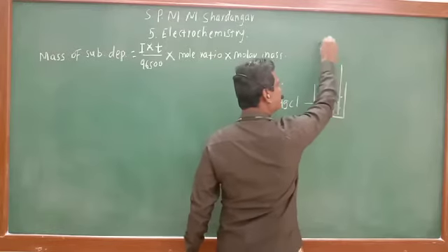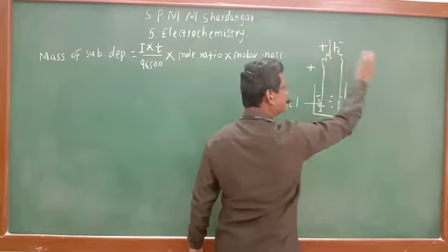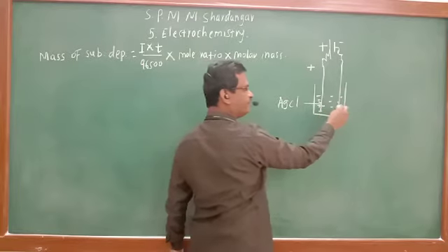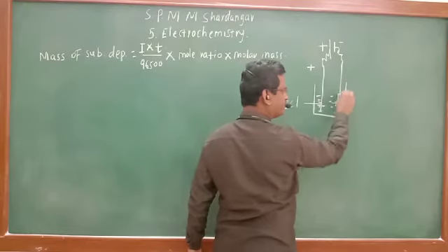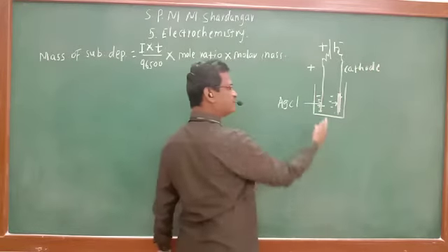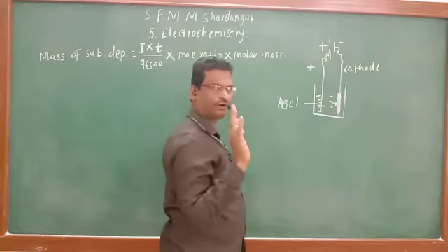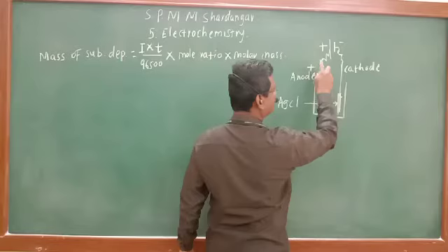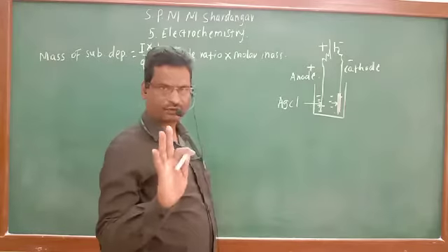This is connected to the battery's positive terminal, so it acts as the positive terminal; the other is connected to the negative terminal, so this will be the negative terminal. Electricity is allowed to pass into the solution. Ag plus ions move towards here, and neutral silver is deposited on this electrode by reduction. Therefore, it is known as the cathode. Cl minus ions move towards the positive electrode. They release electrons, undergoing oxidation. Therefore, this is the anode with positive charge. So, anode has positive charge and cathode has negative charge, that we have studied in the case of an electrolytic cell.